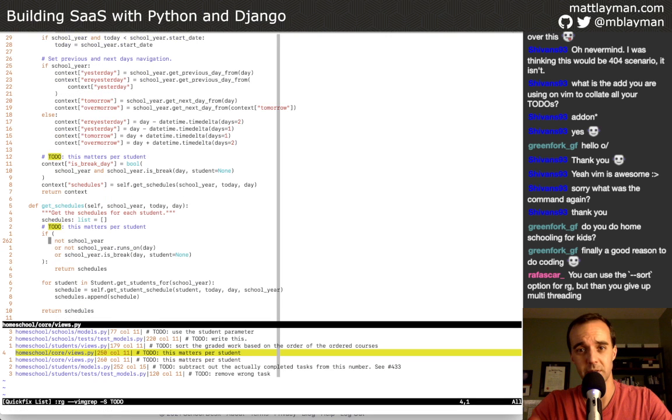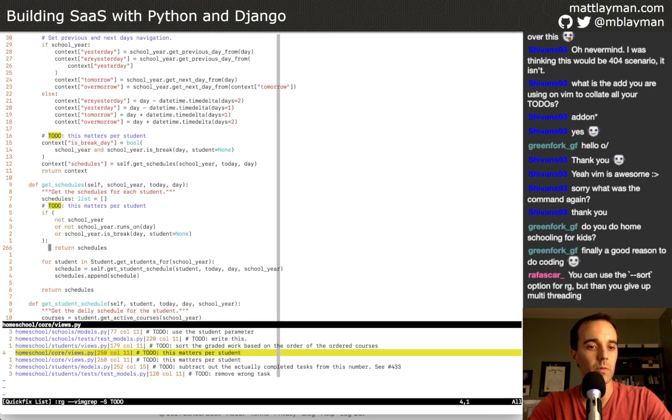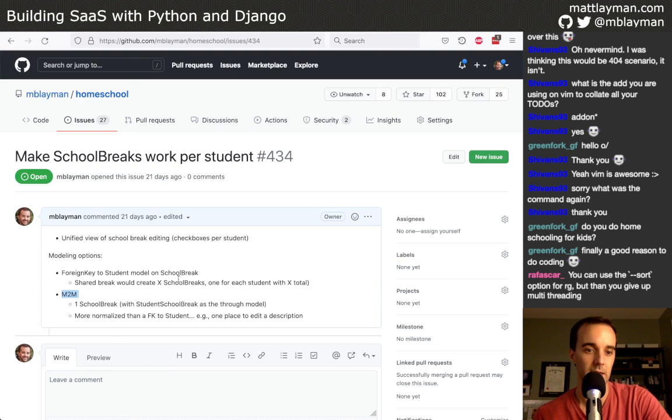And what we'll do is take a couple minutes to talk about what is next after this, and what I have looking a little bit beyond that. Once this is done, once the API is resolved to have student in all the places that need it, and we've connected the dots so the student is there, then we can go back to that issue and add this many-to-many table that does the lookups.